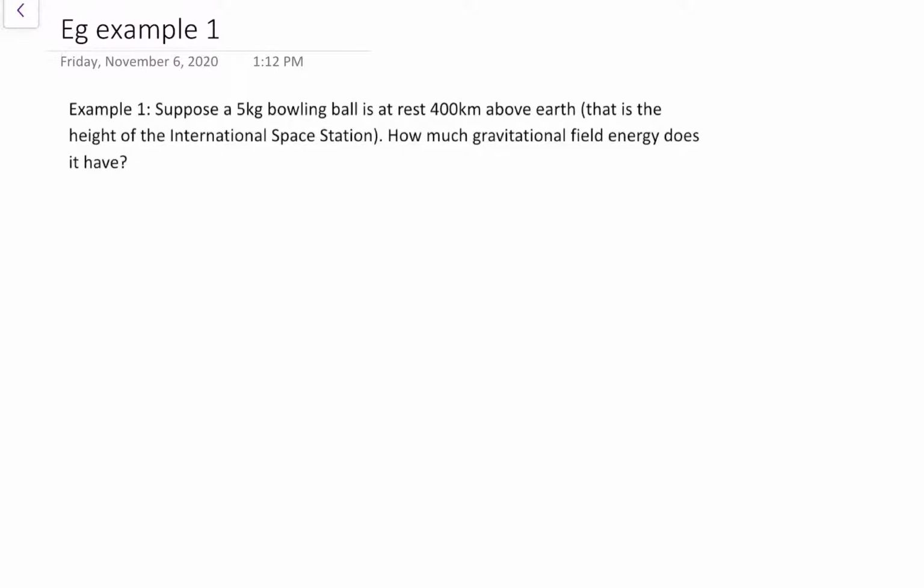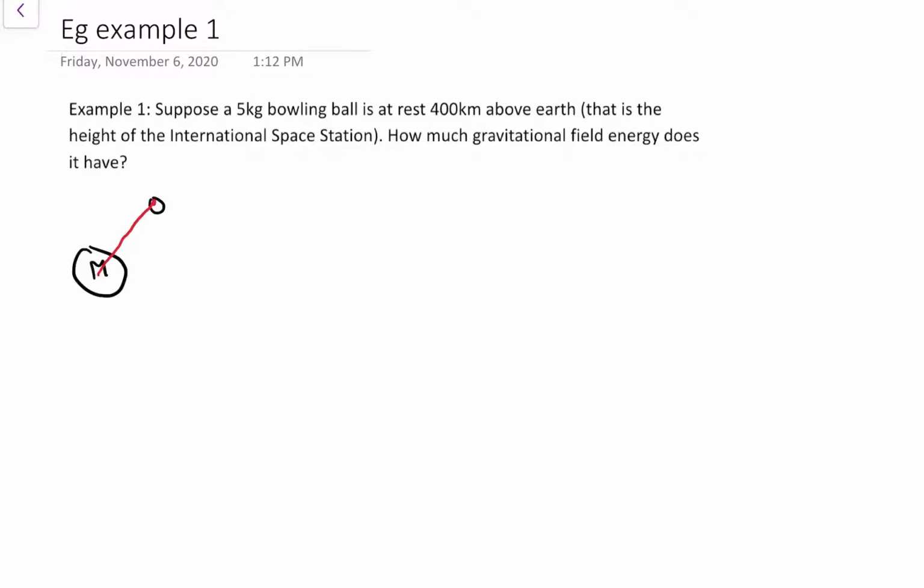Once we get the hang of it, calculating these gravitational potential energies is kind of just a plug and chug. I'll doodle a little picture so we can get a visual on it. We just have to get the right equation and plug the numbers in. One little thing is, in these big gravity equations, the R that we use is always the distance from the